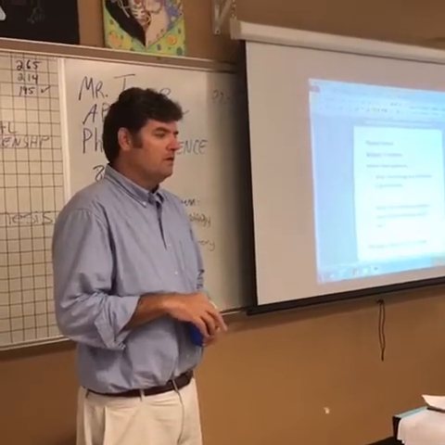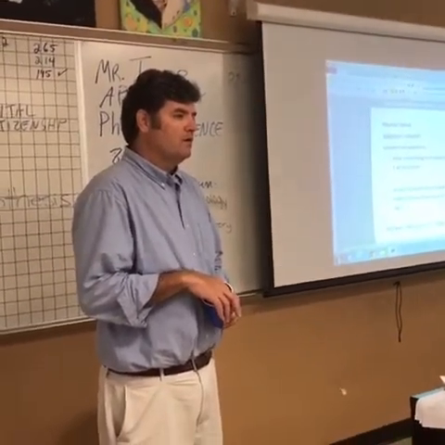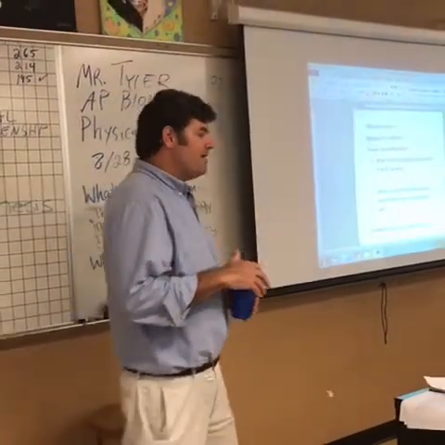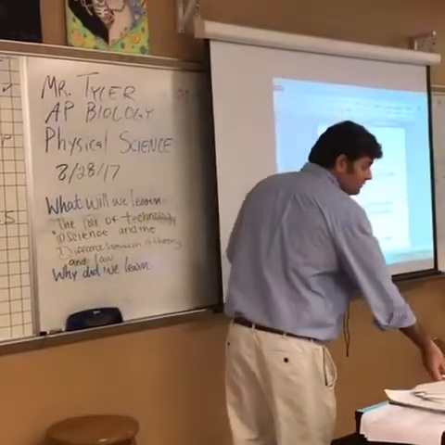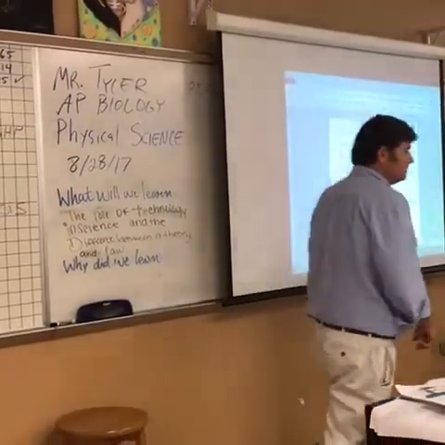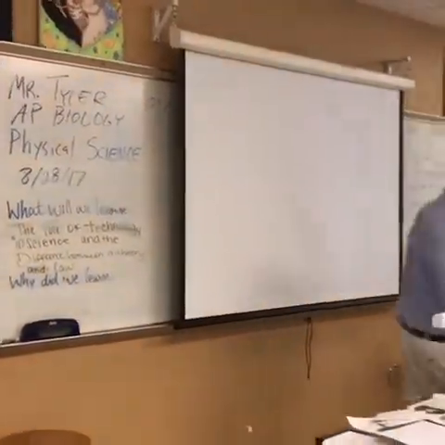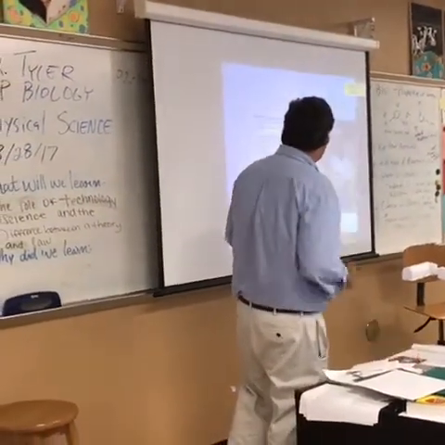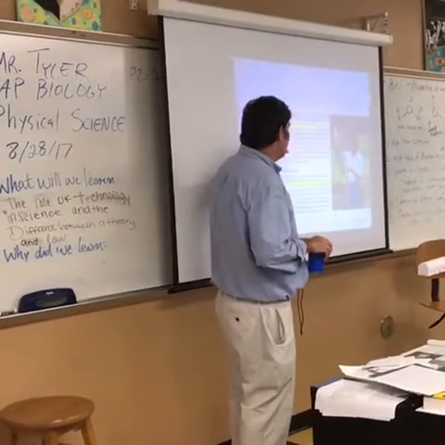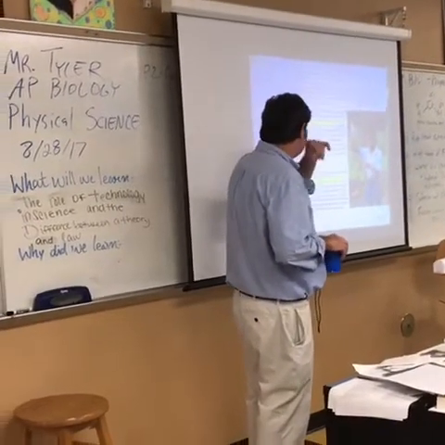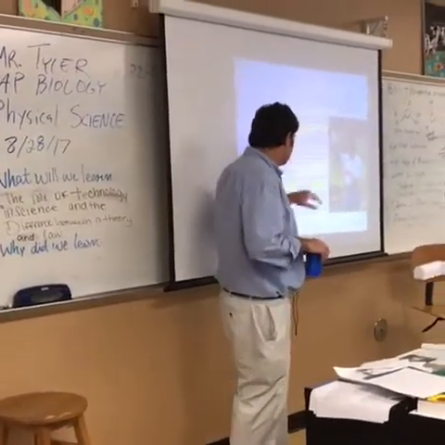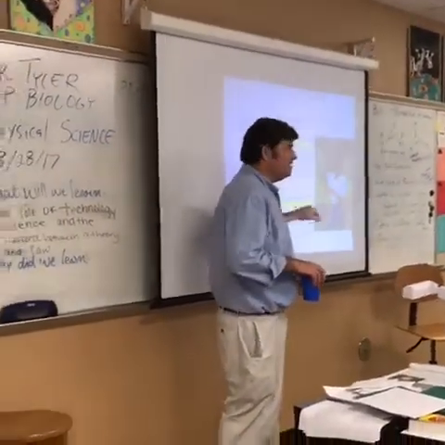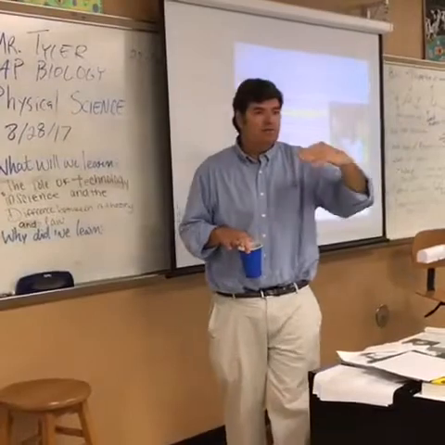A law is a mathematical relationship that is consistently found to be true. Okay, so I have it looked up in your book already. Look at this. Ta-da! Put it on the Elmo. I even highlighted it for you. So you can see it. A scientific theory is a well-tested explanation for a set of observations or experimental results. A scientific law is a statement that summarizes patterns found in nature. So a law summarizes the patterns.